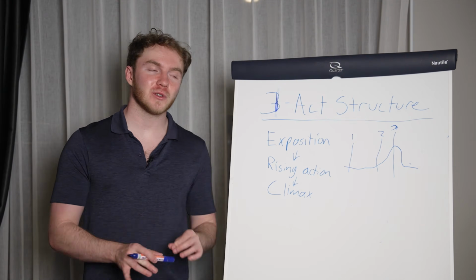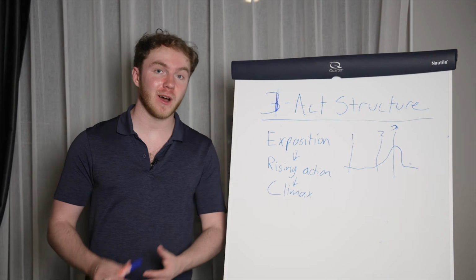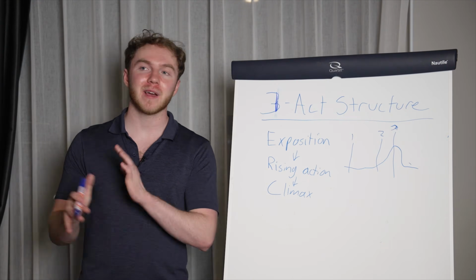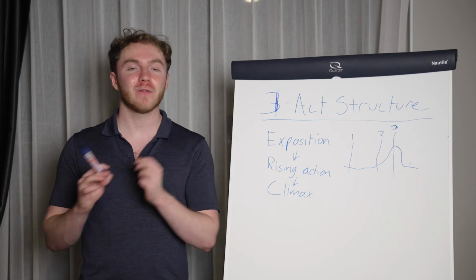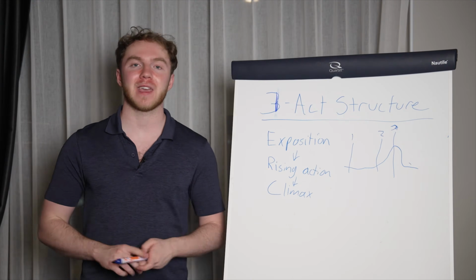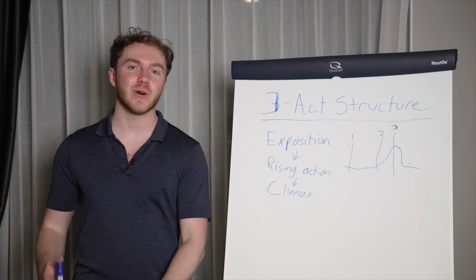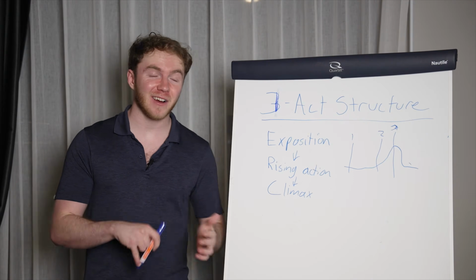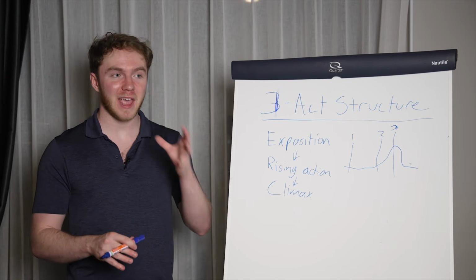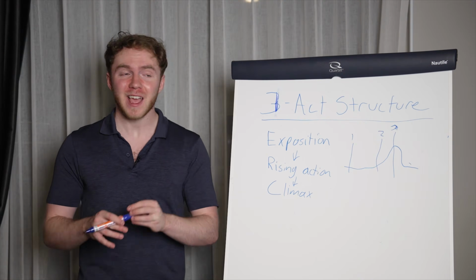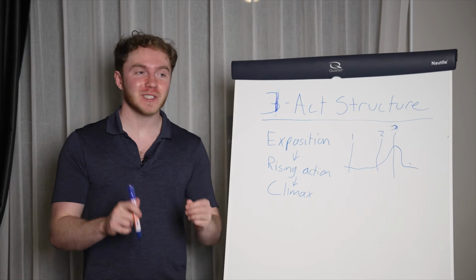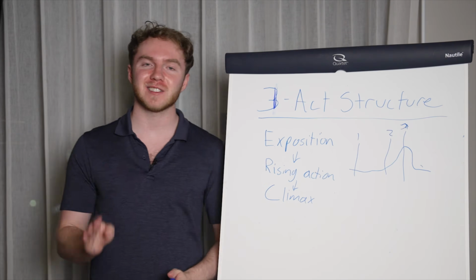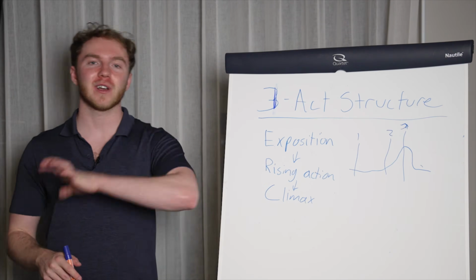For example, let's say we're doing that 7 cheap items I can't live without video. Instead of saying something like, that's it for my wallet, I use it to carry my cash, now onto item number 4, which is my film camera, because I love to take photos, you could transition it much smoother by saying, if I didn't carry my wallet, I couldn't even pay for the bus to go to Mount Fuji and use my film camera, which I'm so passionate about because I love taking photos. Boom, smooth transition.